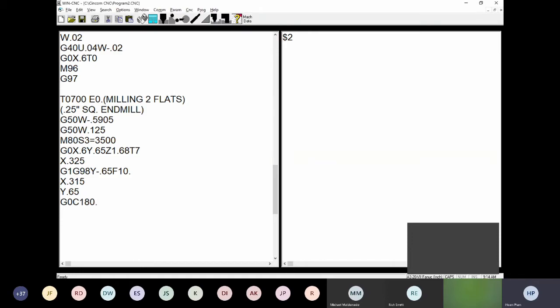down here we just command G0 C180 degree. But then right here, before I do this, I want to make sure I have my tool away from the material before I rotate it. So that's why I put G0 X.6. That means it moved the tool up and then rotate 180 degrees right here. Then we can move it down